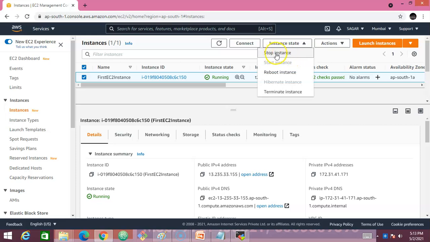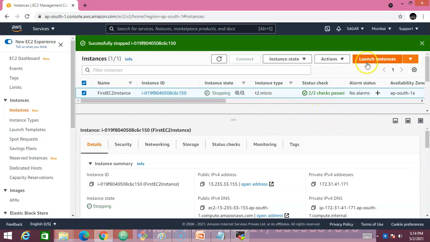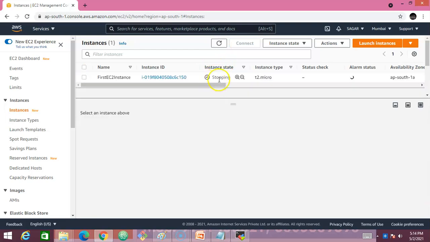So this is how you'll be able to stop the instance. And right below this, you have another option called start instance. Whenever you would like to use it again, you can click on this instance and select start instance as well. So click on stop instance here, click on the stop button, and it says successfully stopped. And you should be able to observe this instance status as stopping. After some time, it goes to the stopped state.